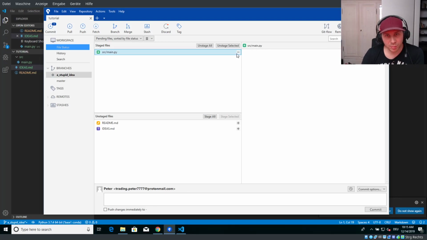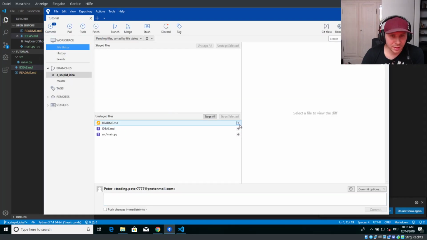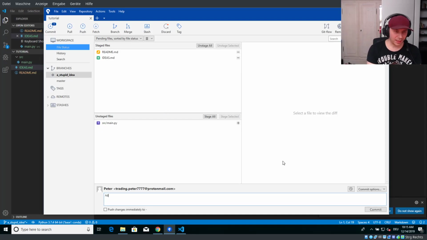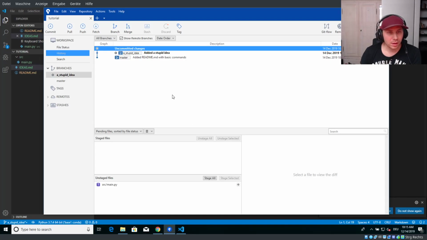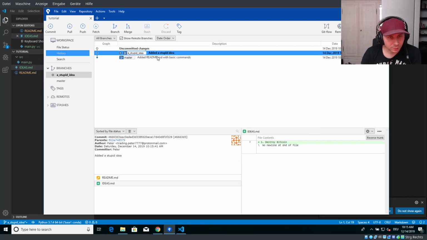I will unstage this by using this little minus button here. And instead stage those 2 files, 1 and 2. Added a stupid idea. Okay, and now I commit this. So now we go back to the history view. And what we see now is there is 2 branches with 2 commits. And now to make